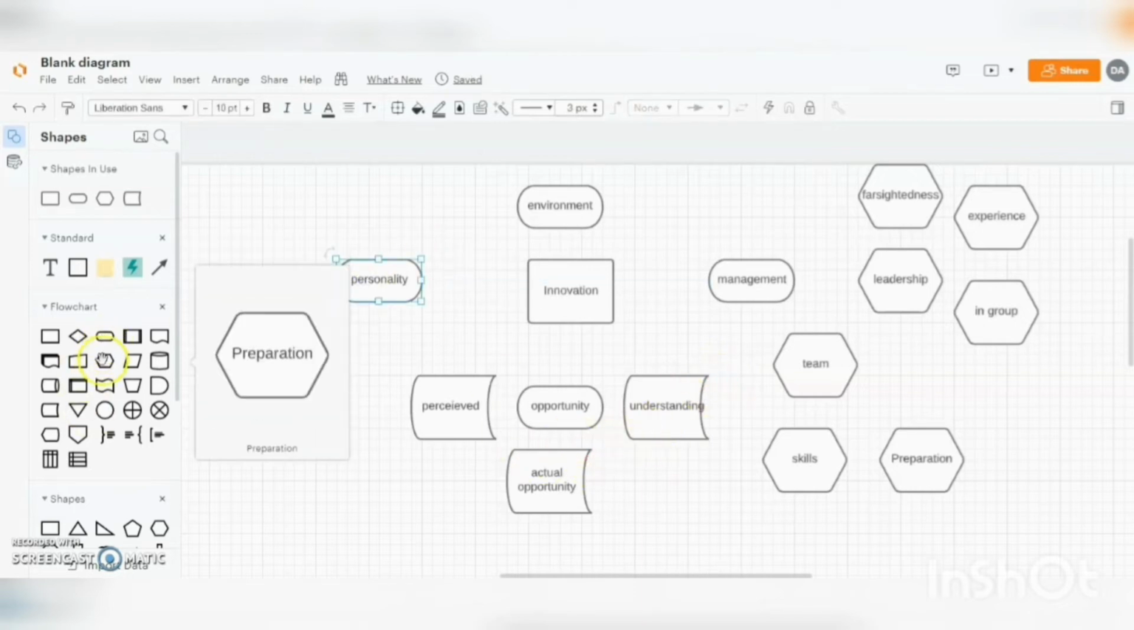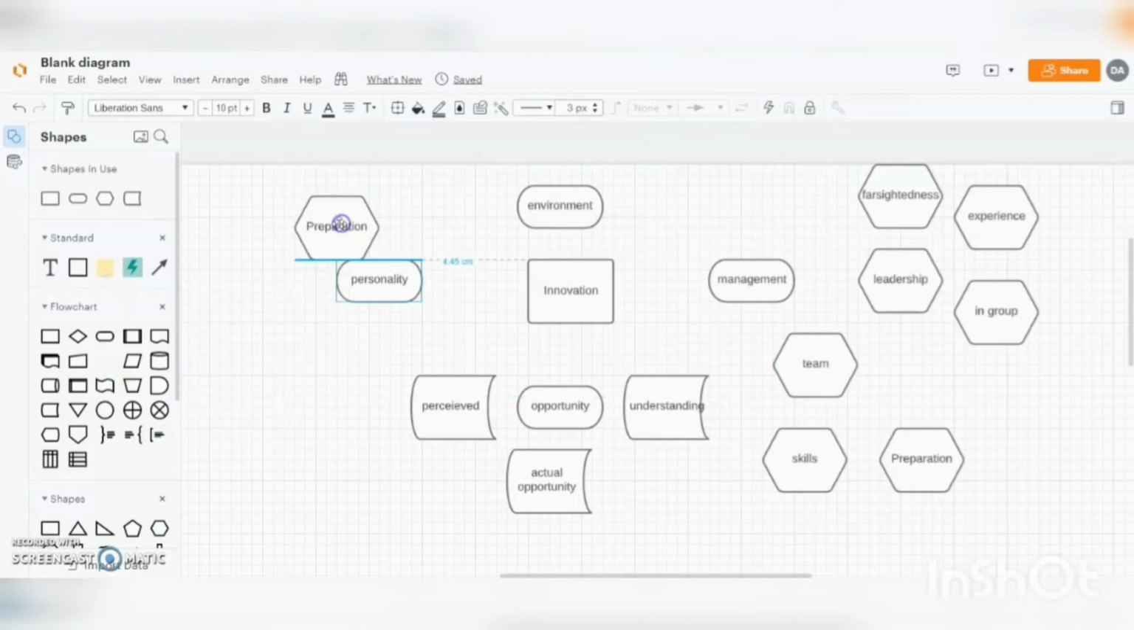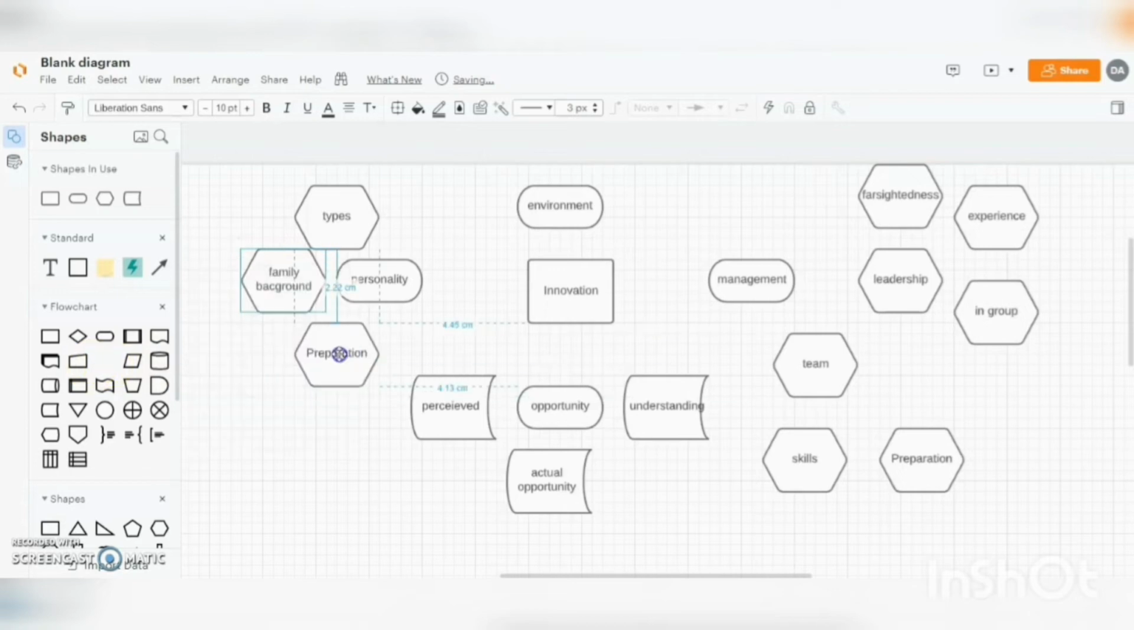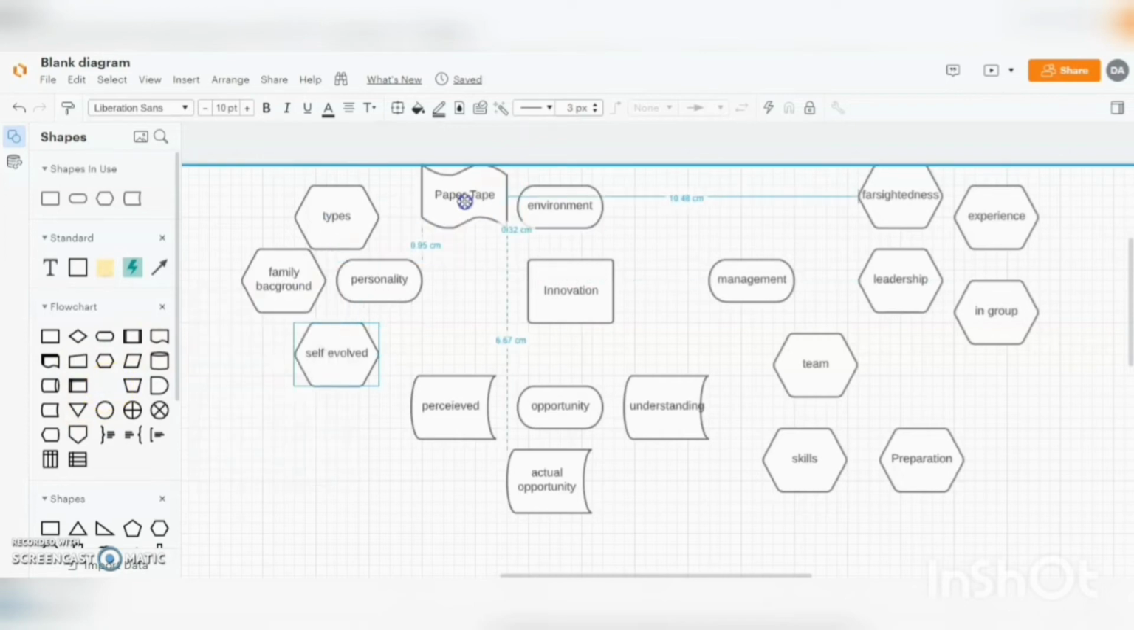Then let's think about the personality, which encourages people to become innovative. So, what all things can be thought of? Different types of personalities are there, and different personalities have different effects on innovative behavior. Then the family background of those people, which builds their personality and which can actually encourage them to be innovative. At the same time, the self-evolved person, meaning the person who has developed themselves internally through their education, experience, and so on. In the same way, we can think of environment as positive